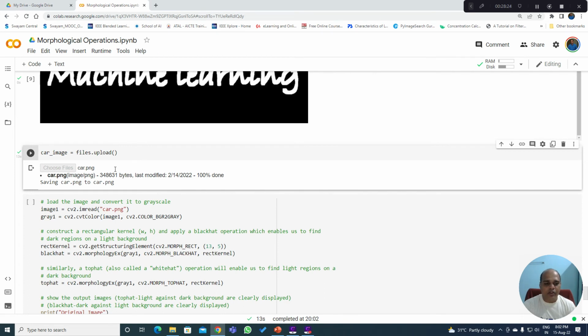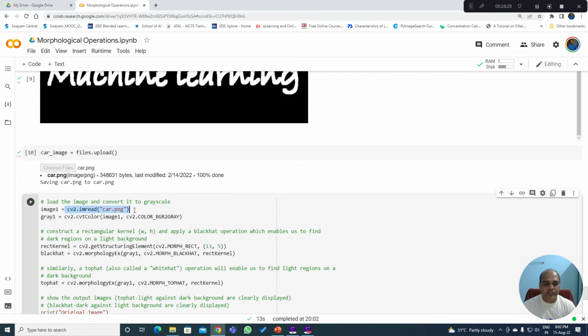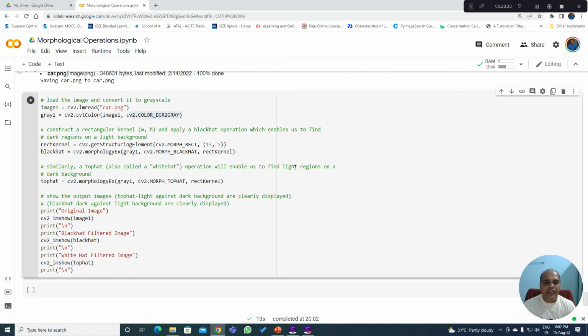So let me load this image, and here I am going to read that image, car.png, convert that image into a grayscale image. Then I am going to define a structuring element,